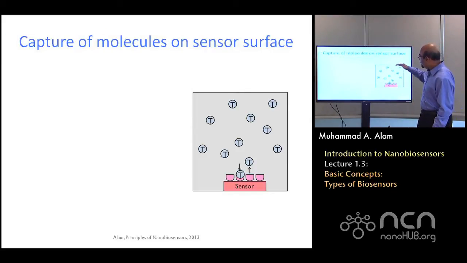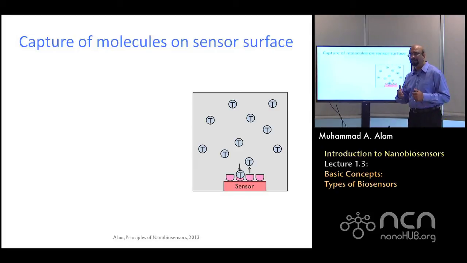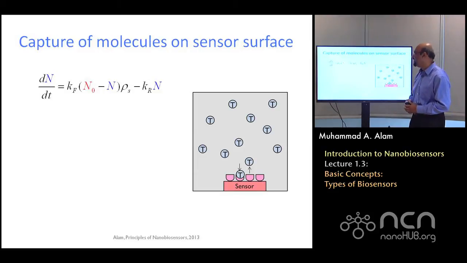So we have this box, molecules diffusing around. Let's assume there are many molecules and essentially they can be captured by the sensor surface. You ask yourself this question: after a certain time t, once you have inserted the biosensor into the analyte concentration, how many molecules would the sensor catch? So of course, you can answer that by writing a simple differential equation.